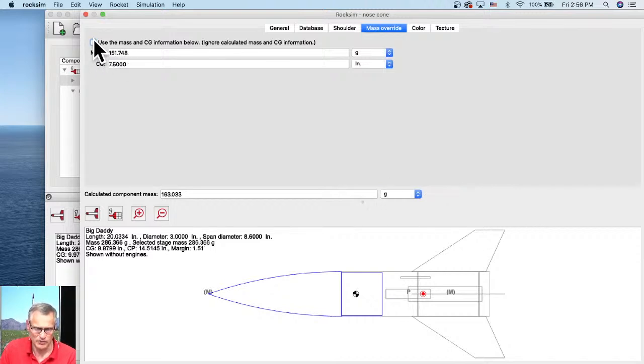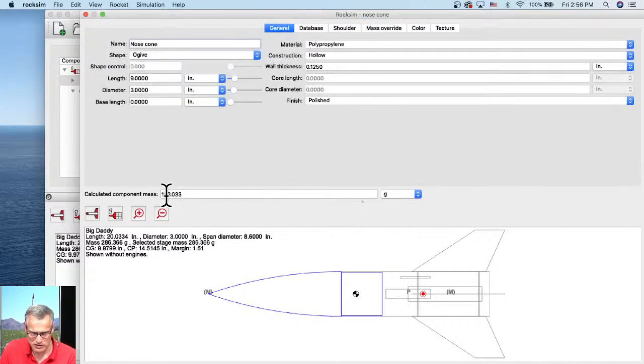So if I uncheck it, now it thinks the calculated mass of that nose cone is still 163 grams, which is too heavy, so I need to make it lighter. I can make it lighter a number of ways. I can change the material, or I can make the wall thickness thinner. So if I change the wall thickness from 0.125, that's 1/8 inch thick plastic, and there's no way that's 1/8 inch thick plastic on that nose cone. So let me change it to like